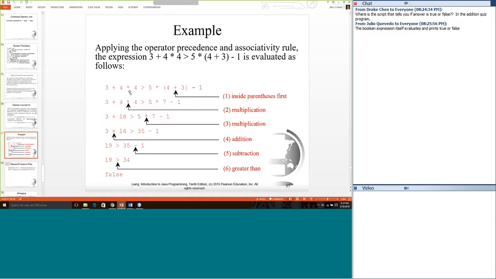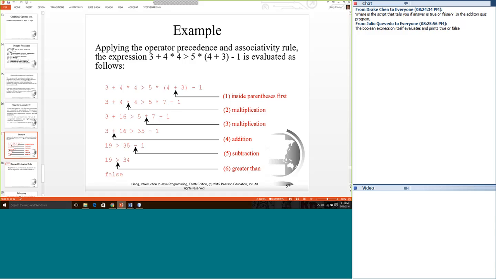We have a plus sign, a multiplication, a greater than, a multiplication, parentheses, plus, and a minus. So we're going to do parentheses first and combine 4 plus 3 and make it 7. Now we have 7 down here. Now we've got a plus, a multiplication, a greater than sign, a multiplication, and a minus sign. Well, multiplication gets done next. So we're going to do 4 times 4.